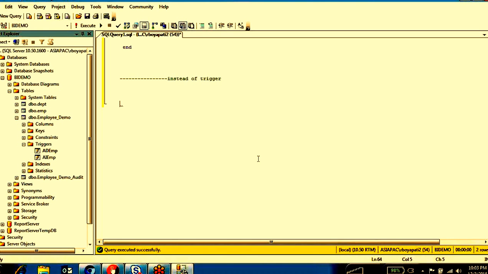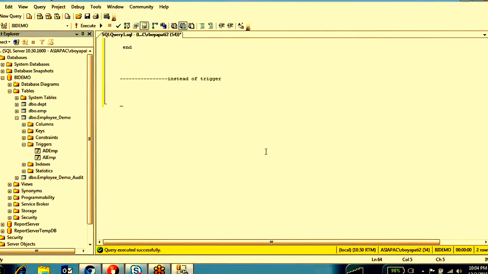Right, I will explain. The difference is, with after insert, after delete, or after update, if you are running any one statement, any one command on a particular table, then it will execute that trigger after that command is successfully completed. In the instead of trigger case, it will execute this trigger before that command is committed. Okay, I'm going to write down this trigger.